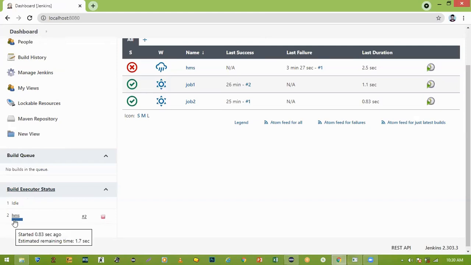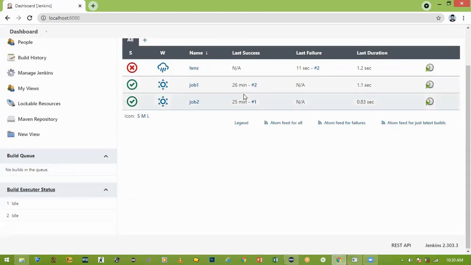See HMS. See bottom, HMS is running. But it failed. Refresh. See, 1 second before, 2 times executed. Again after 1 minute, after 1 minute, after 1 minute. So whenever you require, the date and time, everything will be provided.